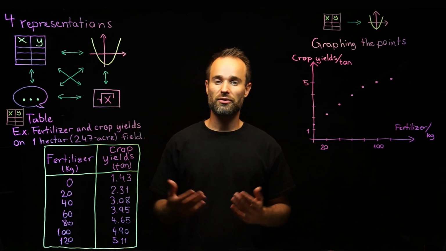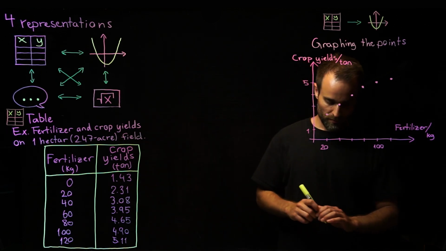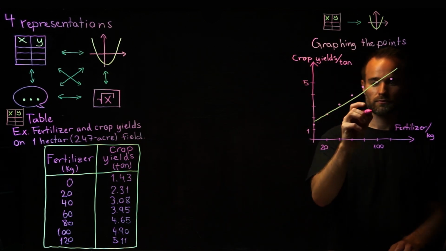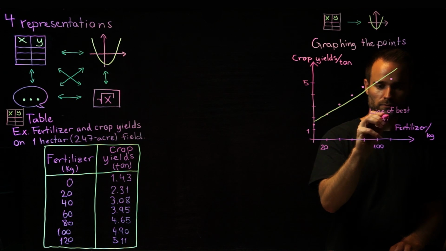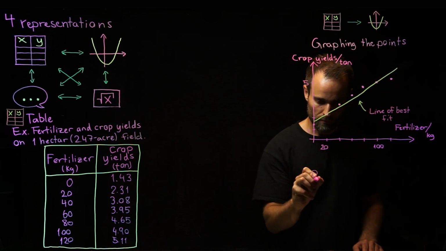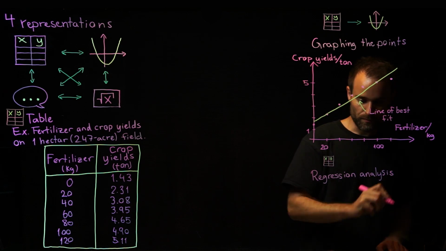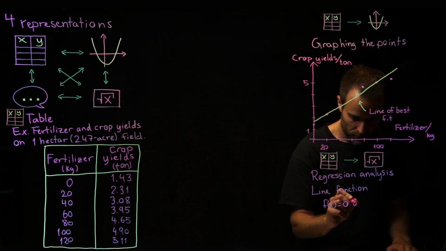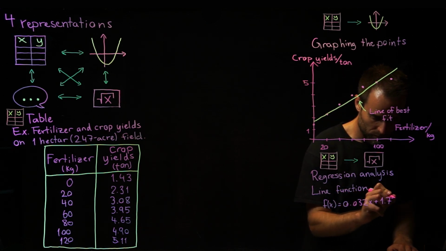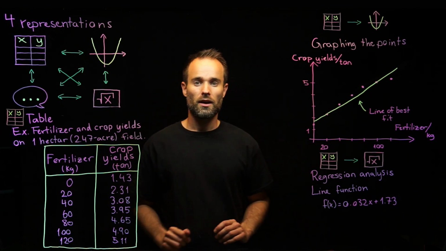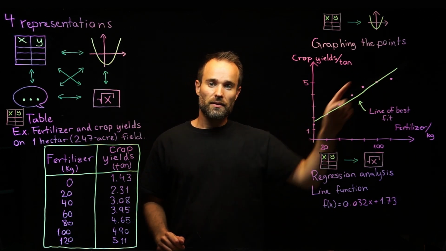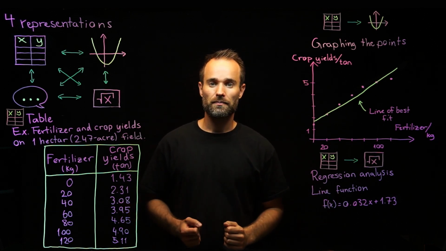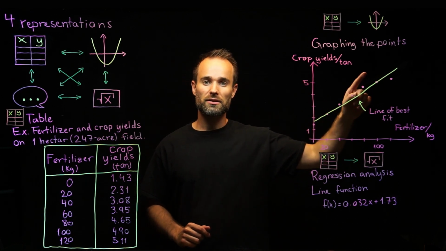So we might proceed to find the line of best fit. This is the line of best fit, and this is its function. We could use the function to extrapolate on the data, and the trend continues with better yields the more fertilizer